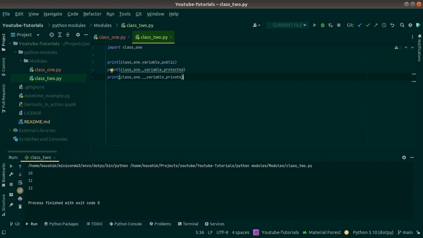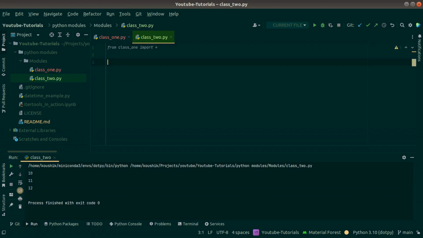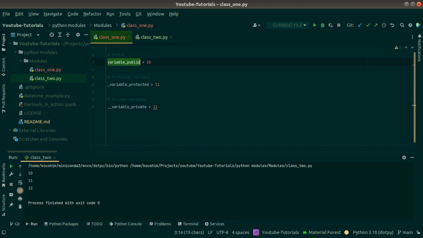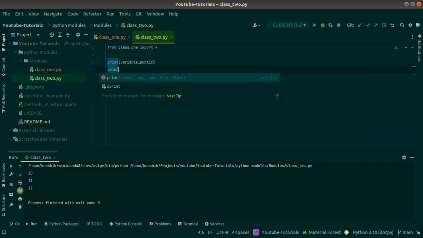So what is the difference? If I say from class 1 import star, import star means we are trying to import every object from class 1.py to class 2.py. So I'll simply write print, and I don't need to refer to class 1 dot. I can directly refer to a particular variable name, let's say variable_public. Yes, I can access it. Print, let's copy this one,